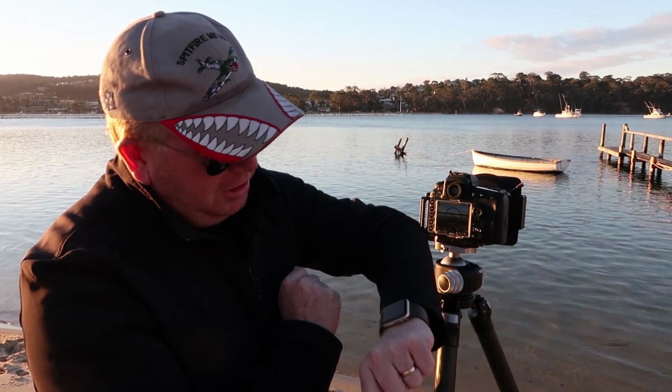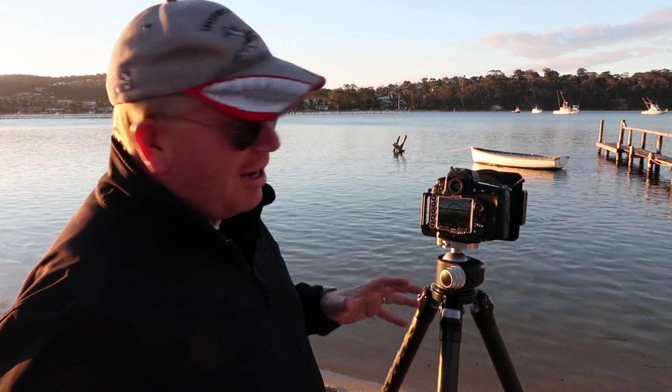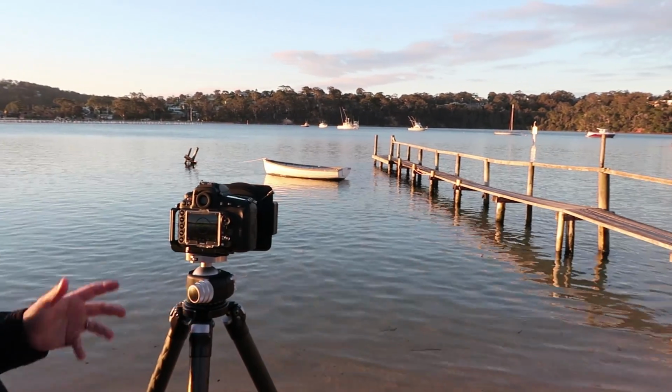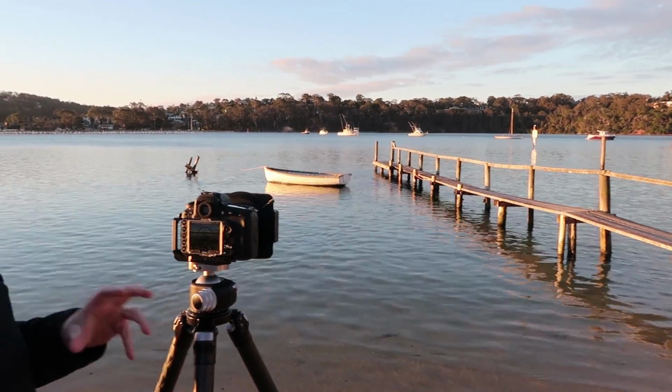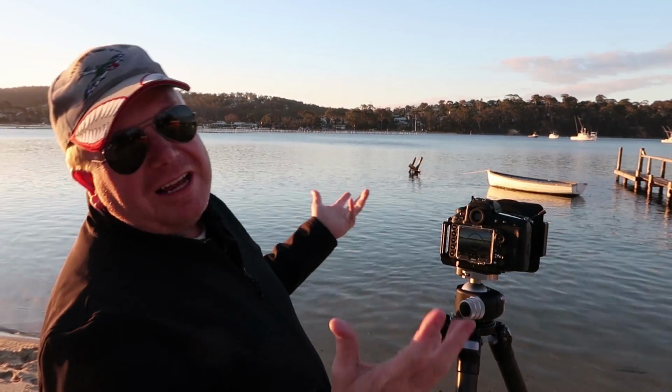Good afternoon, it is 4:25 p.m. We've got about half an hour of sunset and I've set up, come back down to this jetty. I've done a sunrise shoot here, but come down here for this sunset shoot. And what I'm hoping to achieve today is, because there's not a lot of cloud in the sky, really going